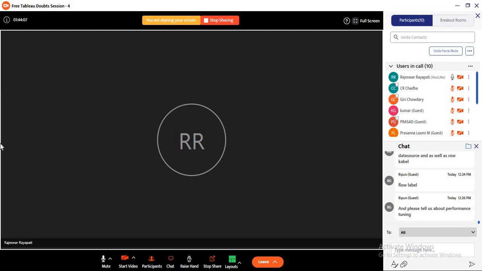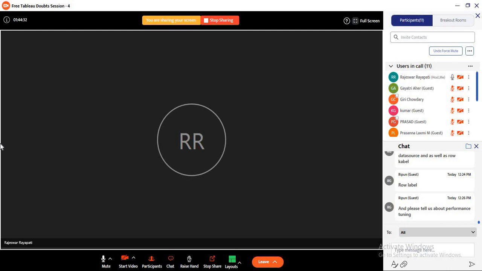Don't use too many marks in the view, because rendering the marks will take time. And don't use too many views in the same dashboard. Use individual dashboards, because if you clutter the dashboard with many views, loading that dashboard will take time. Third, always use an extract.